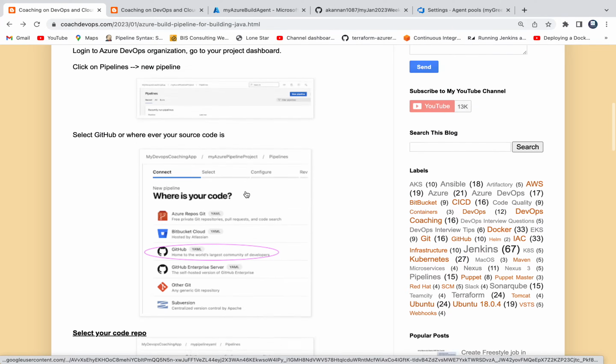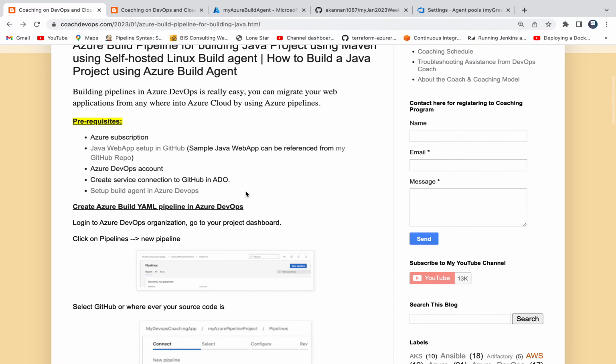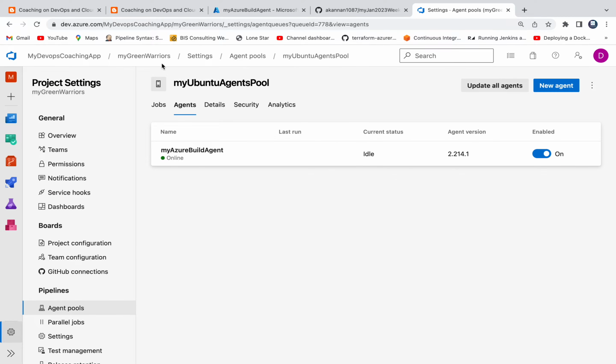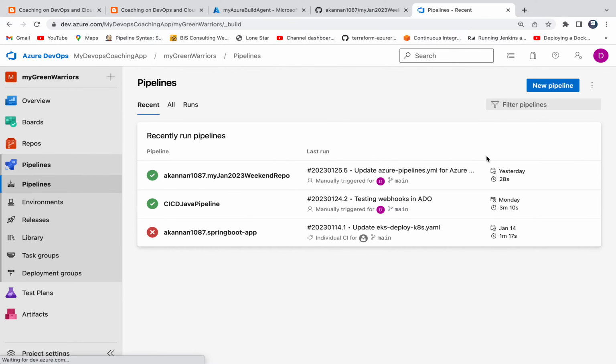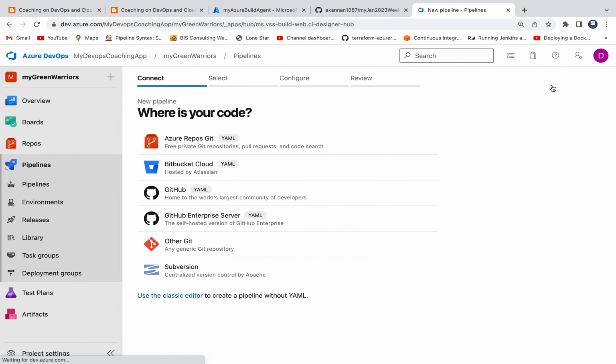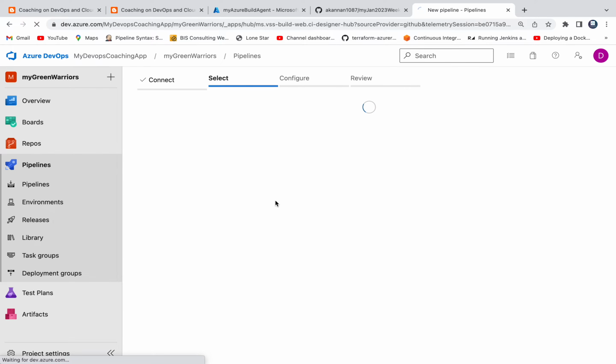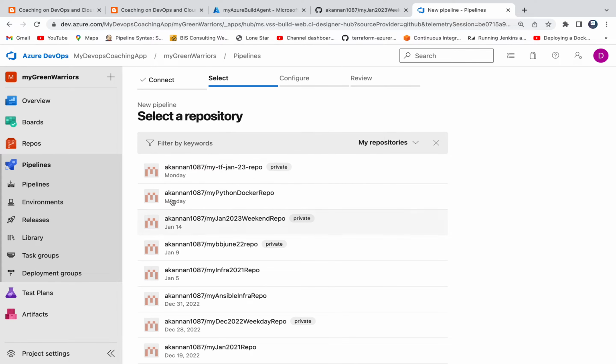Perfect. So now let's go ahead and create this simple pipeline. Let me go to the project dashboard and click on pipelines. Click on new pipeline, and our project is in GitHub. If you see here, it is automatically coming here, but